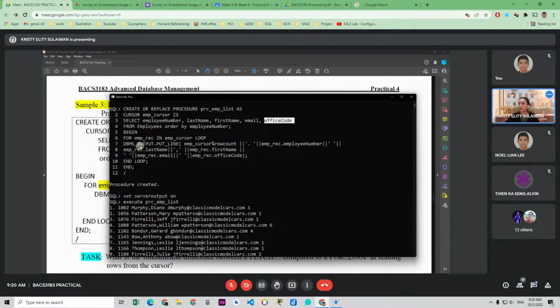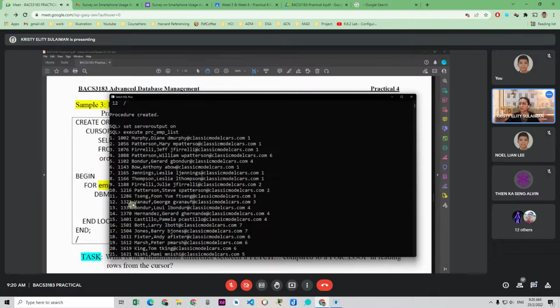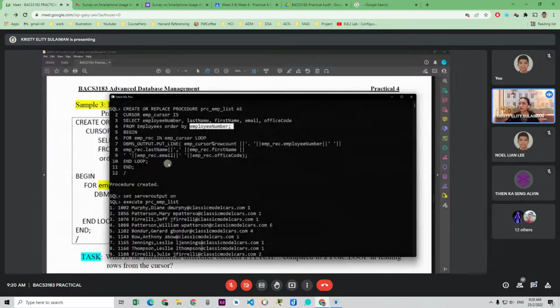So the output of this cursor should show you the order by employee number. Okay, so it follows the order by the employee number from the lowest number to the biggest number. So we have here, look at the output. We have the row count, the numbering, and then you have the employee number, and then you have the last name,